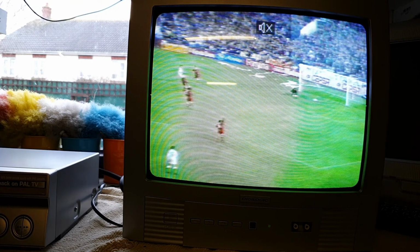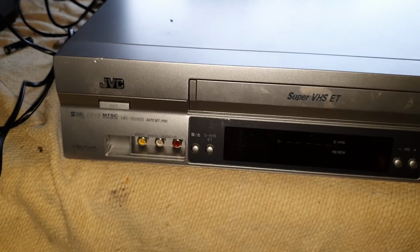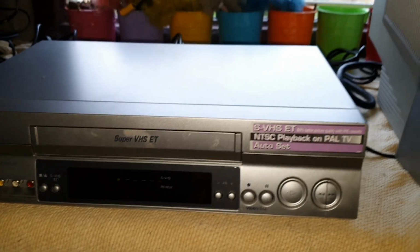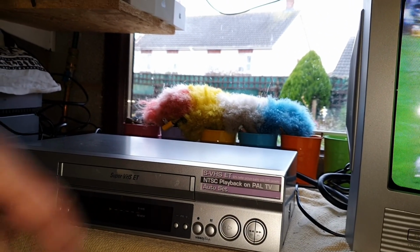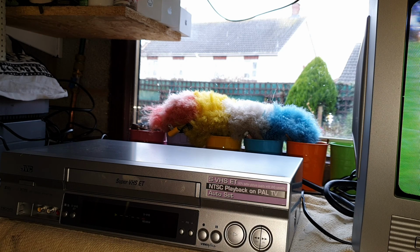Now the unit also has, if we just take a look at the front of it, AV inputs on the front. We've actually got composite in on the front, and a range of controls for doing the basics, so you don't have to use a remote control to do anything with it. I'll just stop what it's doing on the set at the moment. That's the record button, so I don't want to touch that. If I just stop what it's doing, which is over here,